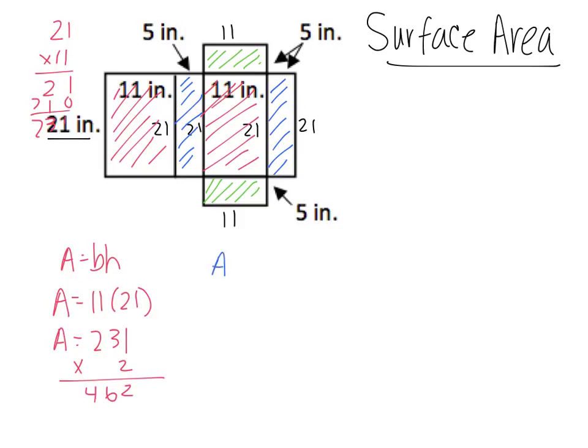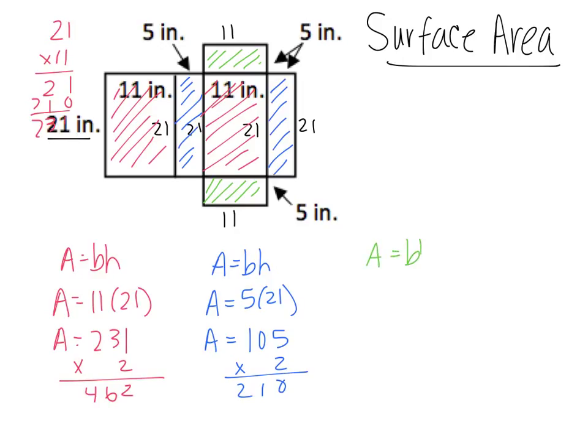Your blue shapes, area equals base times height. Area equals 5 times 21. So area equals 105. Now remember, this is only one of the blue shapes, so I'm going to multiply by 2 to get 210 for all the blue shapes. So now the last one I'm going to do is my green shapes. Area equals base times height. Area equals 5 times 11. Area equals 55. Again, this is only one of those shapes, so we're going to do times 2 to get